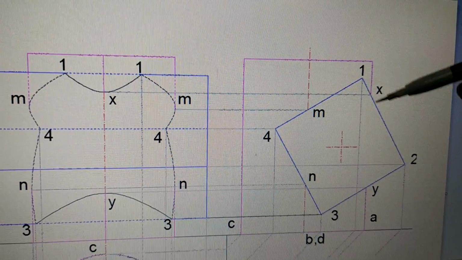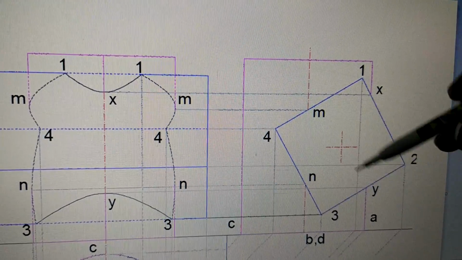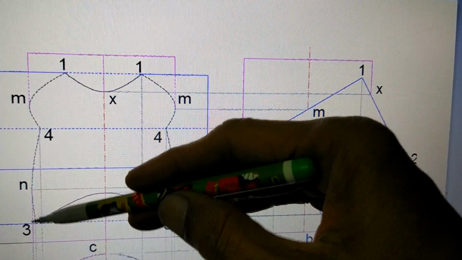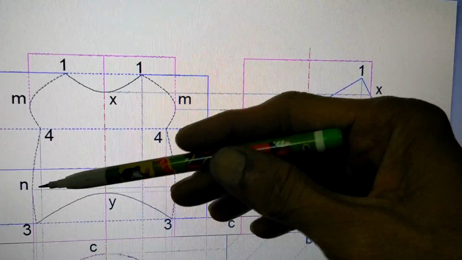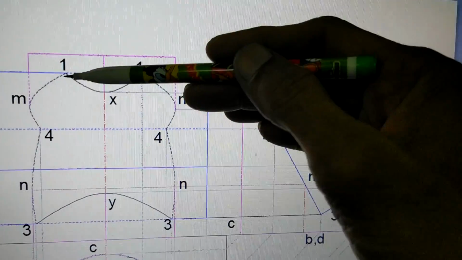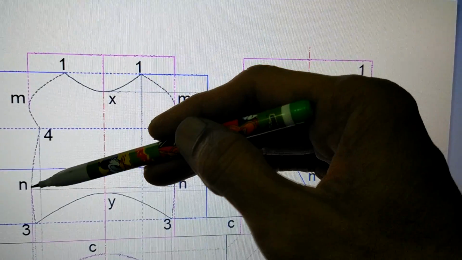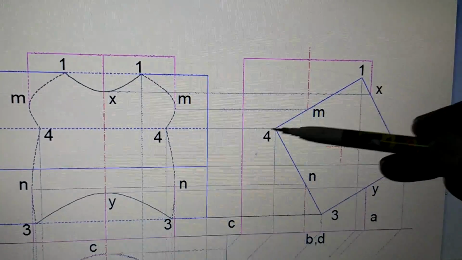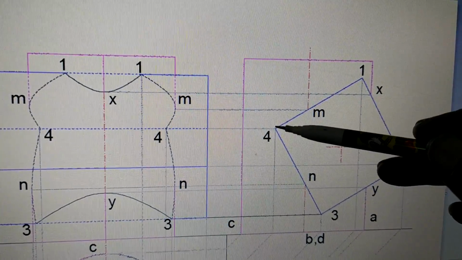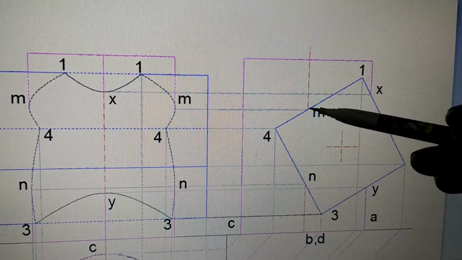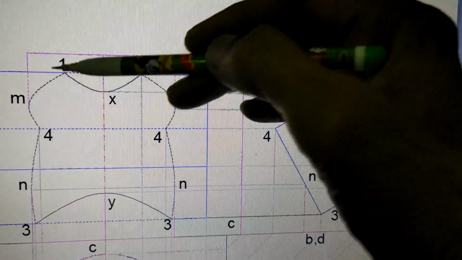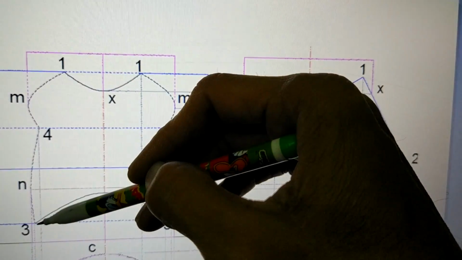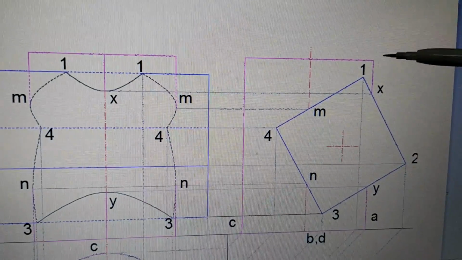Suppose instead of this prism, suppose it is a hole. If this is a hole, then this will be seen. Now this solid is coming in between, therefore it is not seen. So if you observe the way these lines are drawn, they are drawn like dotted line, dotted up to here. So 4 to m, m to 1, 1 to m, m to 4, 4 to n, n to 3. These points 1, m, 4, n, 3 are behind.